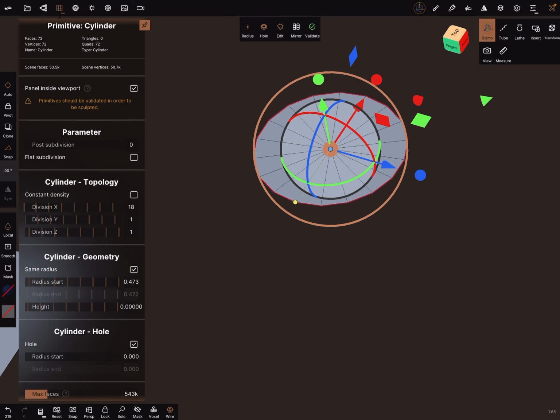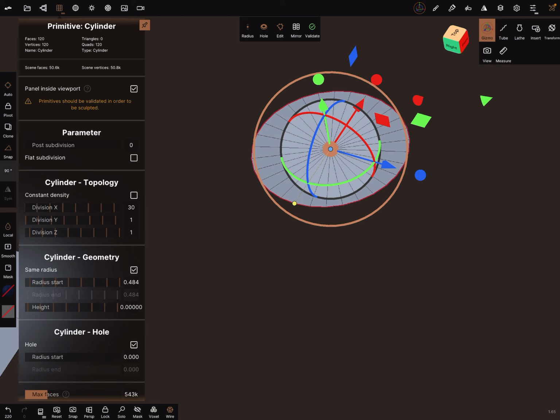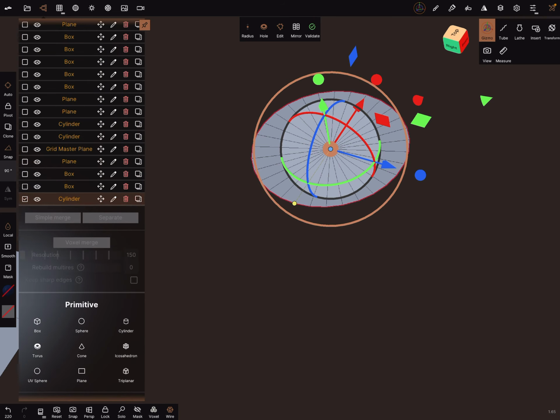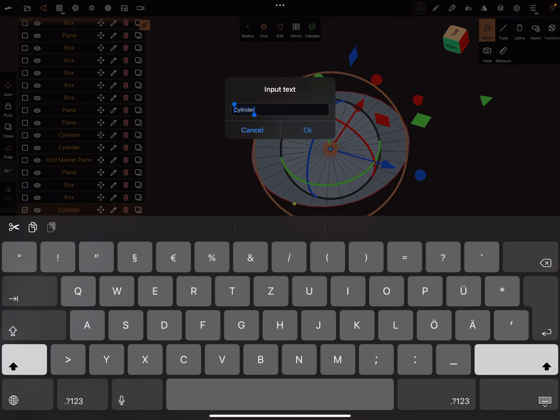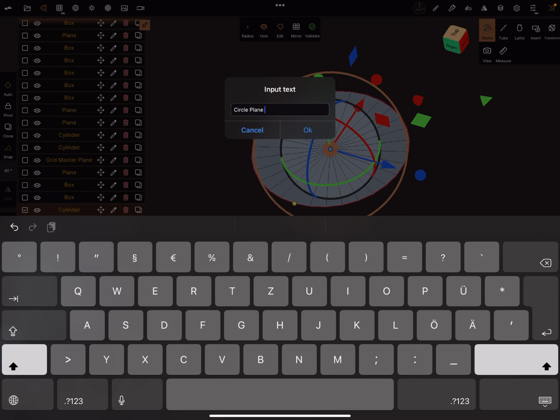And yes, you can adjust here a few things. You can add here rings and make it rounder. And you can rename this as circle plane grid.